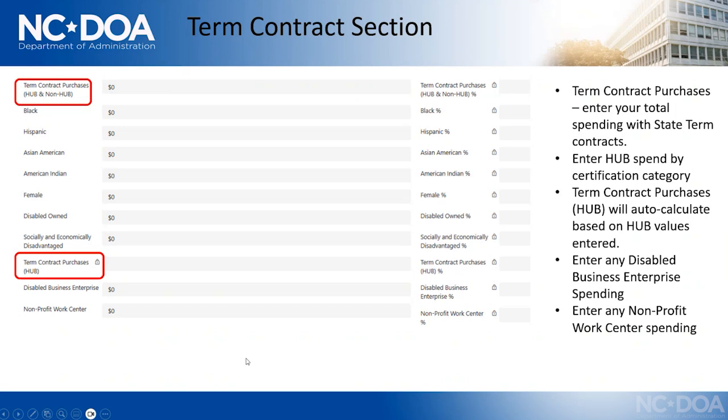And there have been some times where somebody puts in a value up here and then they enter some values here, it adds it up and it's higher than the amount of the total. And the system doesn't really give a really easy way of allowing you to edit that. So there, we kind of have to do a little bit of finagling in that case. So if you come across that, contact us and say, hey, it's giving me this error that the dollar value is off